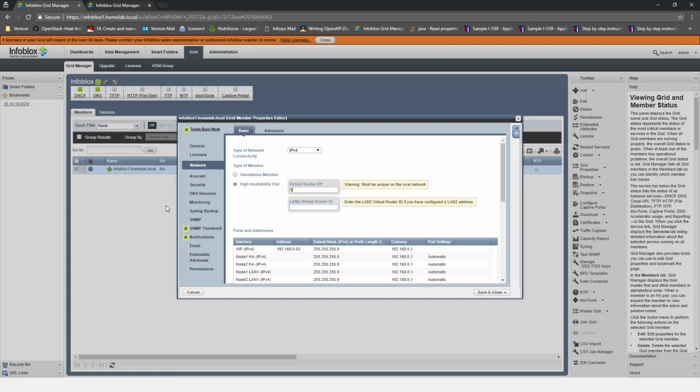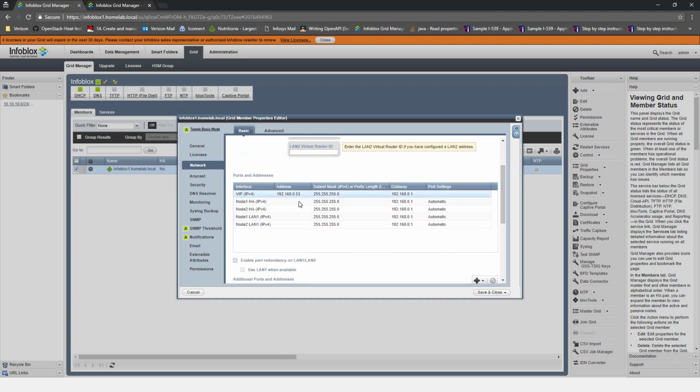But if you have a complex environment, or a very big grid with a number of HAs, then you need to make sure that if you are adding a new HA, the router ID has to be unique. So I have set it as 5. Now this is where, like I said, for high availability